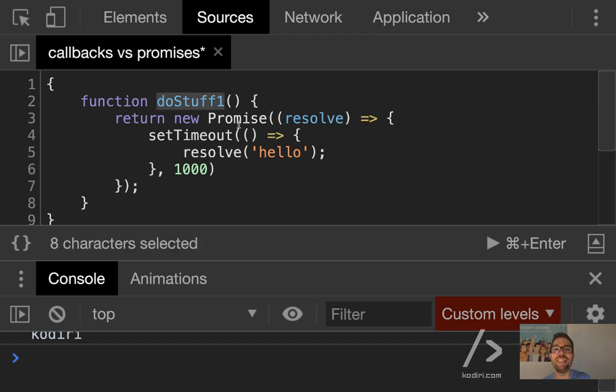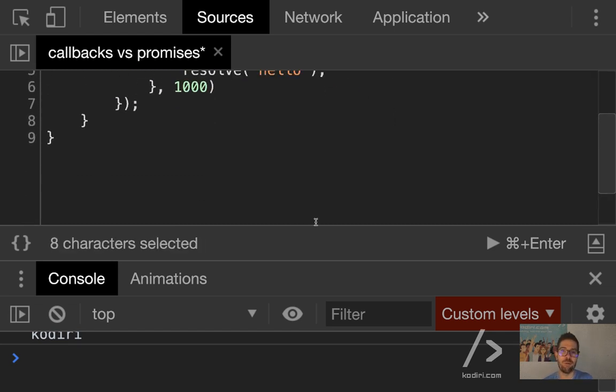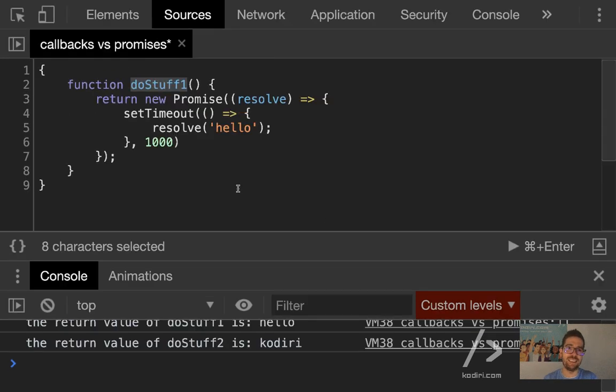And then how do we capture hello? Look at how readable the syntax is. We can type doStuff, again, without any argument. That's why promises are so beautiful. Because if you pass arguments, it's because you need to customize the behavior, not because you want to capture the return statement. And then, what do we do, guys? Does anyone know? You have to put a constant. No. To put dot then, yeah?